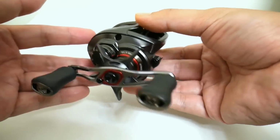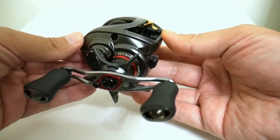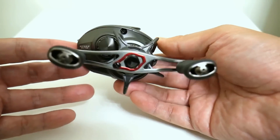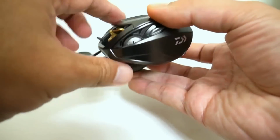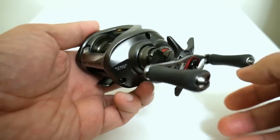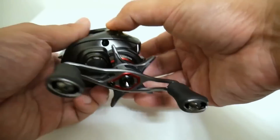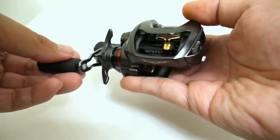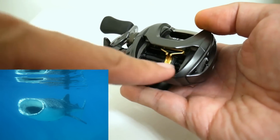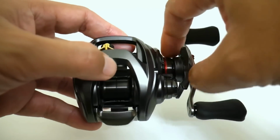Now when I first pulled this reel out of the box, I mentioned that it was a lot smaller than I thought it was, but it's actually very deceptive as far as size goes. Now in some angles it does look pretty small, like from the side, maybe from this angle right here, but then there's some angles where it looks pretty big, particularly looking at it from the front. We see the big opening here to accommodate the T-wing,